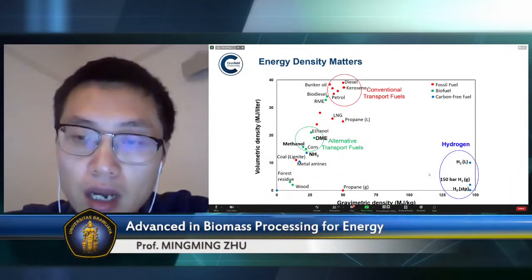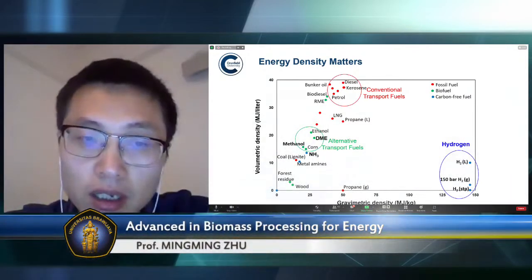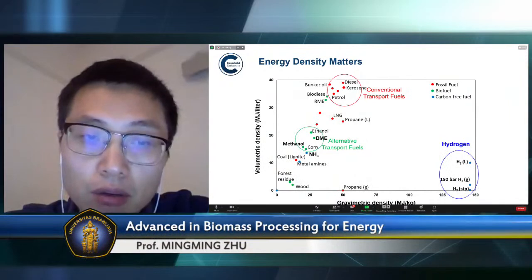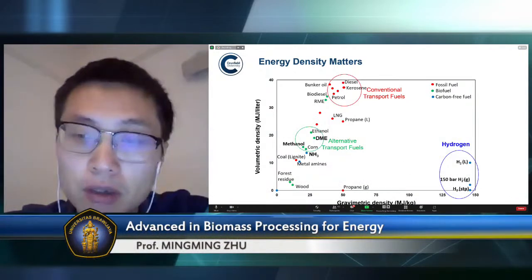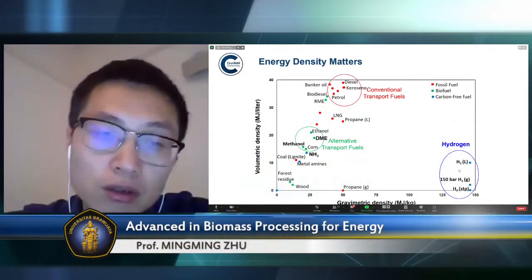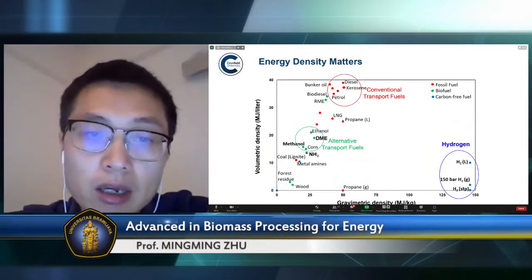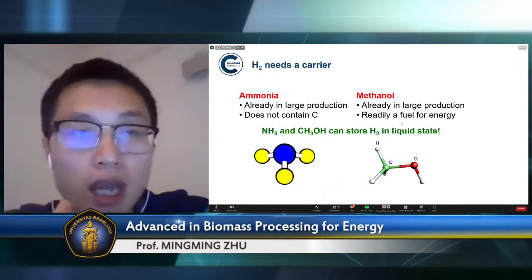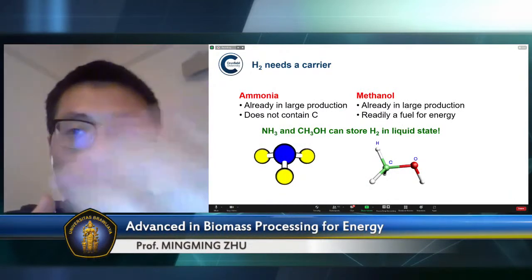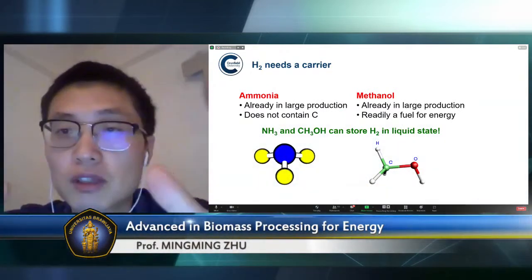You convert hydrogen to something. In this case, what we are chasing here is to try to use ammonia and methanol as a hydrogen carrier. You can convert hydrogen into methanol, into ammonia. The reason to use ammonia and methanol as a hydrogen carrier, previous slide, just to give you the energy density,